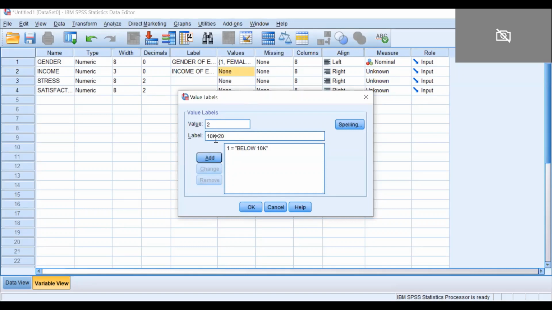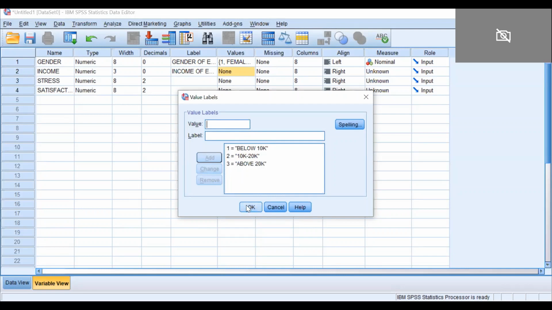Add it, then give value 3, which represents above 20k. You can add more also: 3 like 20 to 40, 4 like 40 to 60, and 5 like above 60. You can add accordingly as per the data you get, or how many classifications you want. Then simply put OK.